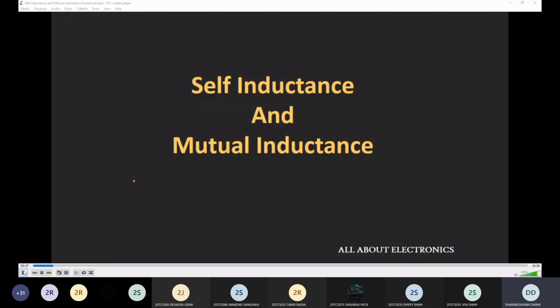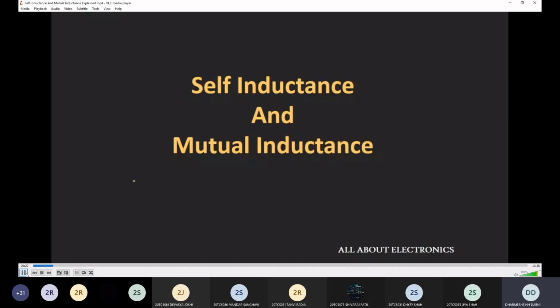Okay. So the same concept, self-inductance and mutual inductance, that we learned in the last lecture, I repeat again. All of you please write down the equations, because after that we calculate an example related to this, and at that time we will require the equations. So please note down the equations of self-inductance, mutual inductance, self-induced EMF and mutual induced EMF.